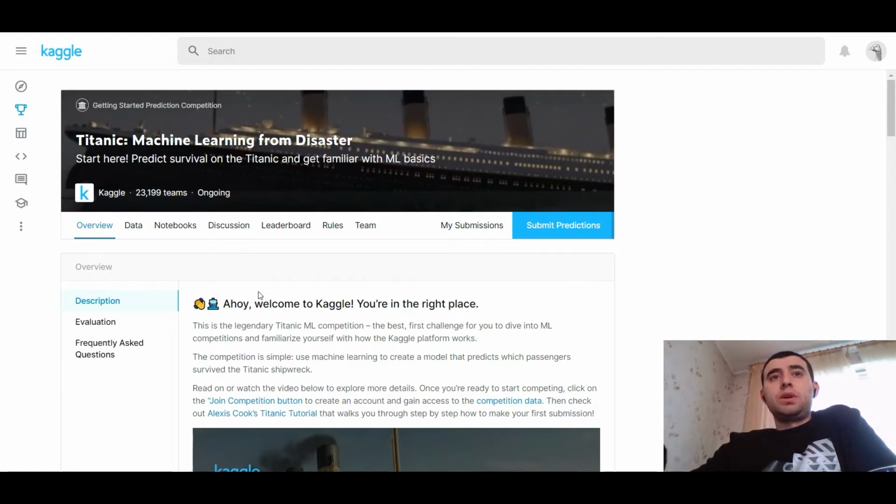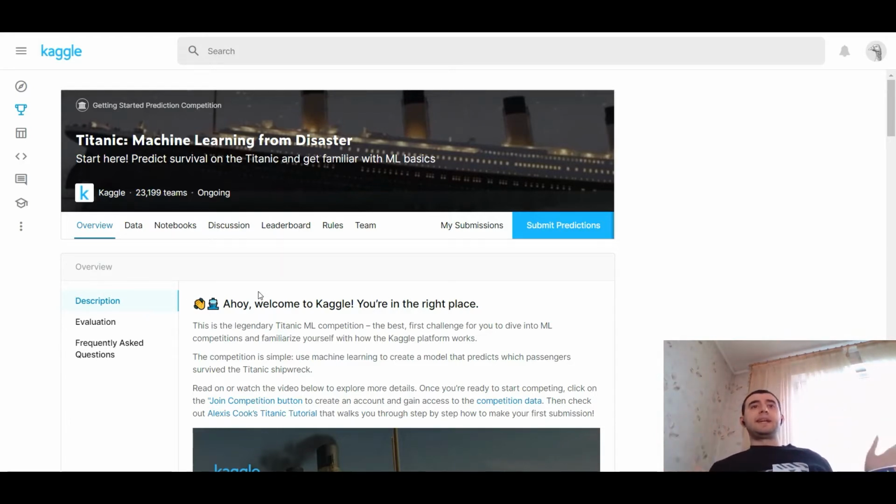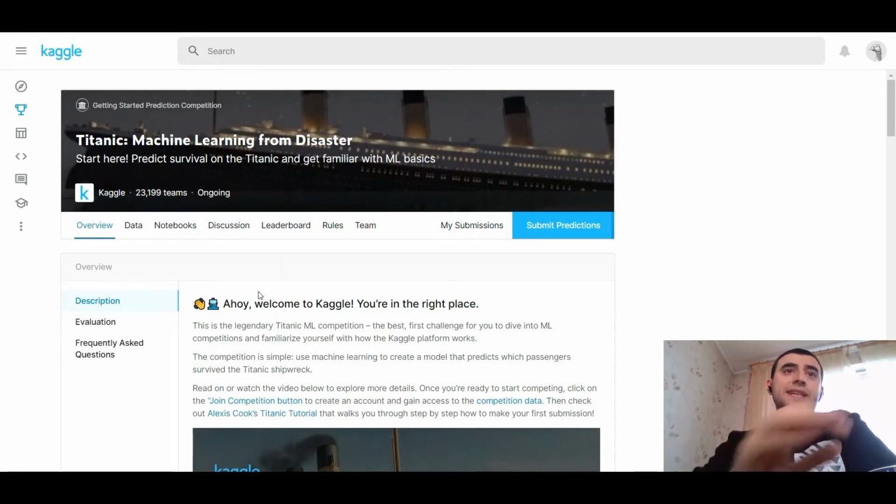Kaggle is a website where you can compete with other data scientists for money or for free. And the Titanic project on Kaggle.com is the first project you can submit. You can try your data science superpower on it. And what is the Titanic Kaggle project? Titanic: Machine Learning from Disaster. It's a starter project for all the data scientists that want to do it,